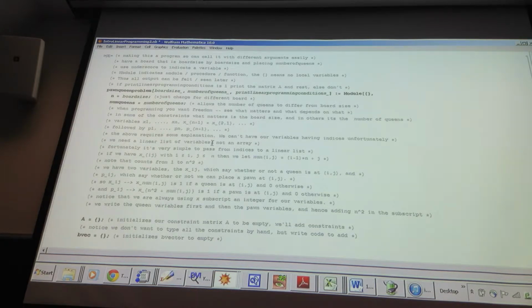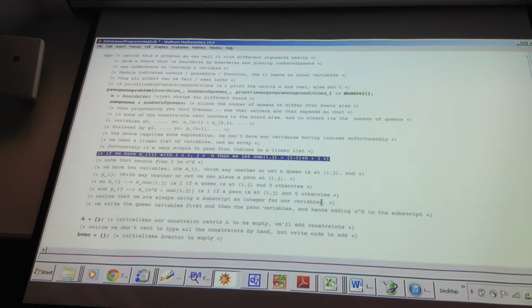Did I write that down here? Yes. So that would be this line of code right here. If we have something at ij with ij between 1 and n, then the index position is i minus 1 times n plus j. So if you think about it, when i equals 1, j equals 1, we should be at index 1. When i equals 1, j equals 2, we should be at index 2. And then once we get all the way up to i equals 2, j equals 1, we should be at position n plus 1. So when i equals 1, we don't have any n's, we just have j ranging from 1 to n. Once i equals 2, now we'll be adding n to it, and this will just move us linearly down. For the pawns, all I have to do is add an n squared to this in front to just shift everything down. This code is also already on the web page, both as a Mathematica code and as